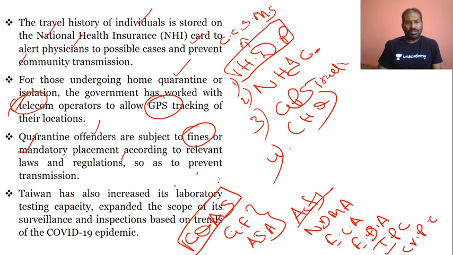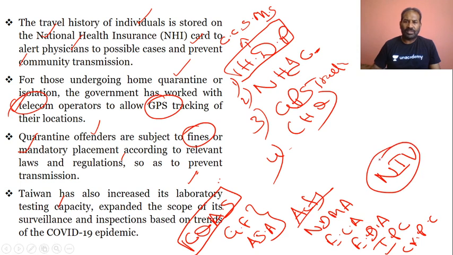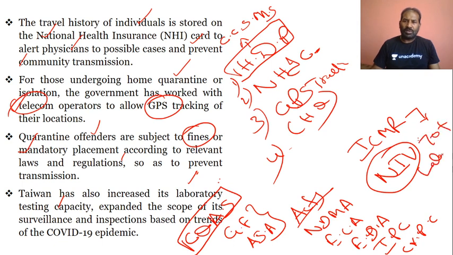And then Taiwan has also increased laboratory testing. Yes, in regards to India also, initially it was the National Institute of Virology which was going ahead with the testing, and later on ICMR has given permission to almost 60 plus, or now it is more than that, 70 plus laboratories going ahead with the testing. So look at it, we are definitely having some kind of